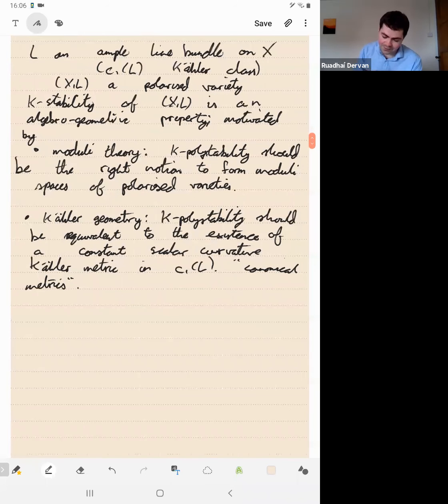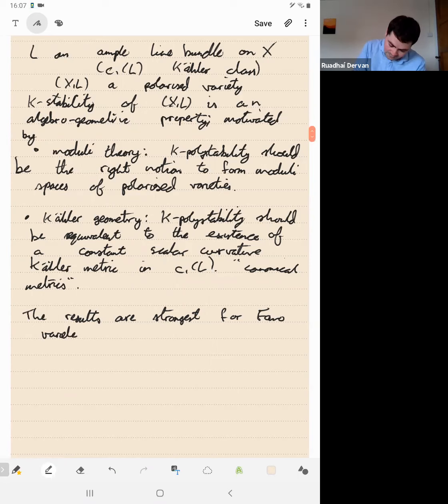So I won't really go into the history behind these ideas and what all of the results are, because this has been a very active topic for the last probably 40 years at least at this stage. But I will say that the results are strongest for Fano varieties, and I'll mention the results quite explicitly in that case. A lot of the recent activity has been particularly in the case of Fano varieties. But the story is much more general than that. So for me, what I'll mean is just that the line bundle L that you choose is equal to the anti-canonical class. So you're requiring that the first Chern class of X is a Kähler class, where the anti-canonical class is ample.